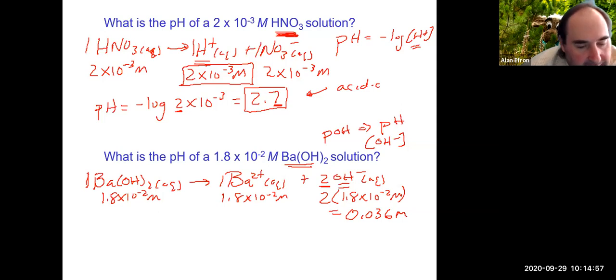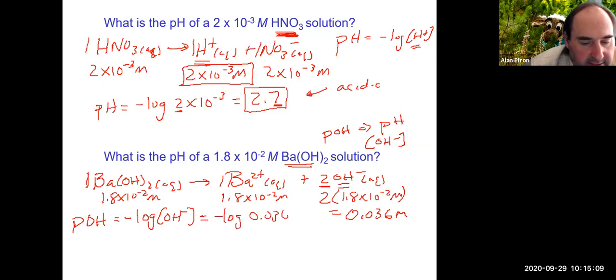That's going to allow us to get not the pH, but the pOH, which is minus the log of the OH minus. That's minus the log of 0.036. That will give us a pOH of